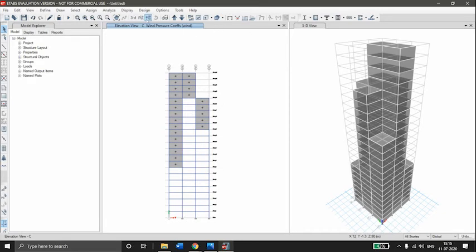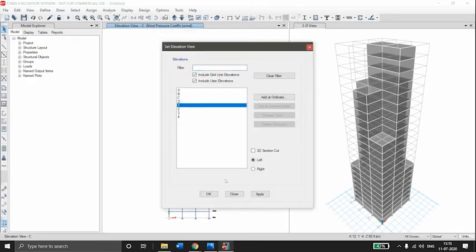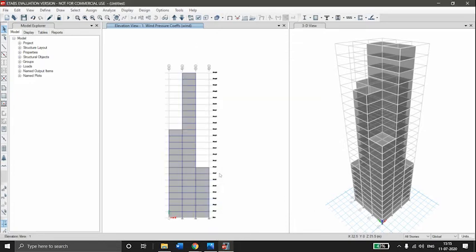Now for the other direction, select elevation 1. Select the claddings.